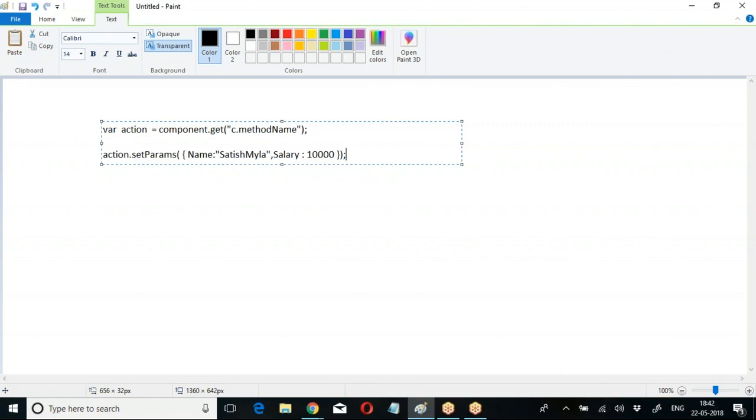Right? Are you getting my point? The remaining operation is the same. So if you are trying to call a method, then action dot set params, name, salary. I hope you are clear with this. So we'll see the execution part in the